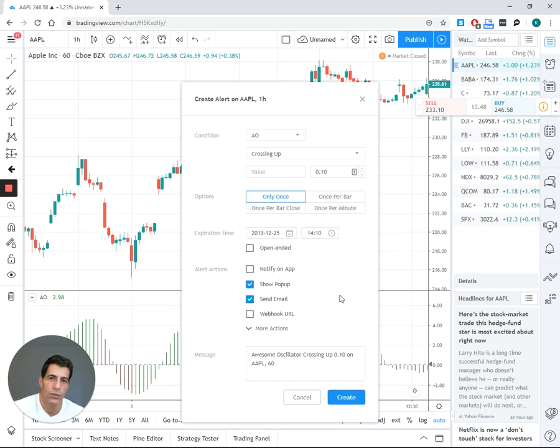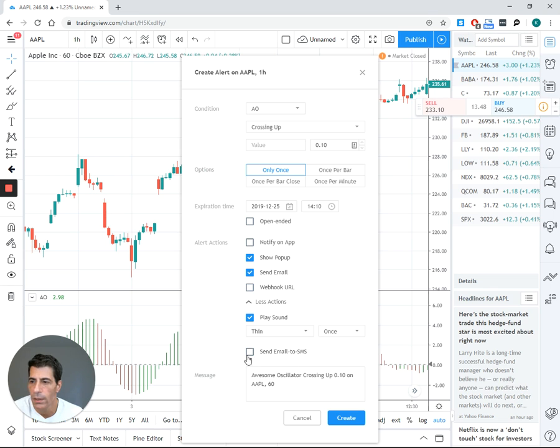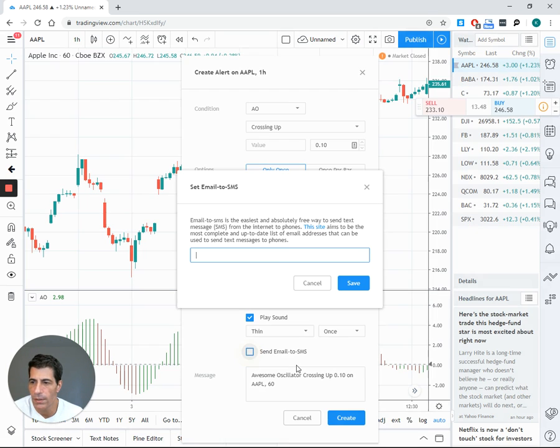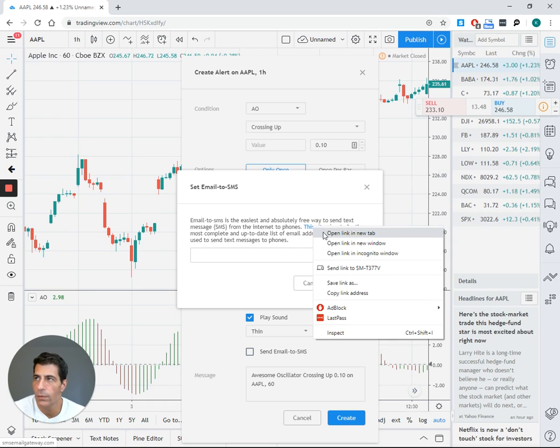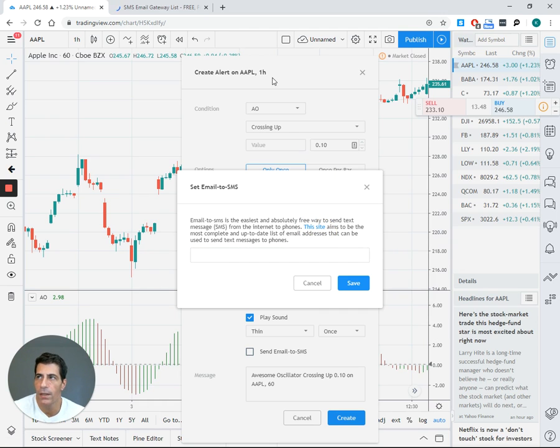So your email is tied to your TradingView account. So this is going to email you when Apple has one of these signals on the 1 hour chart. And even cooler, you can choose the option send email to SMS. So this is pretty cool, and this is free. If you go to the site that it indicates, basically it gives you all the links to all the major mobile providers, like in every country. And what you do is you put in your mobile phone number, and then